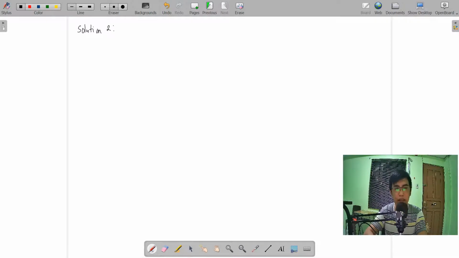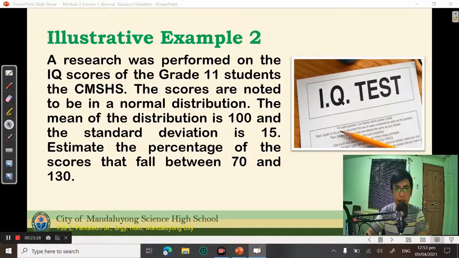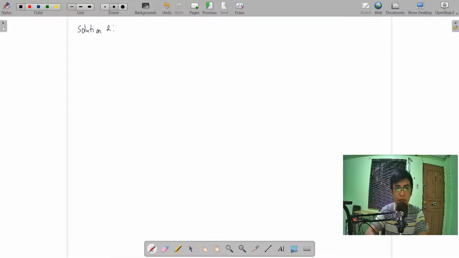Okay, so first things first, the mean is 100 and the standard deviation is 15. So let's look at 1 standard deviation from the mean, positive and negative, meaning left and right. How do we do that? Just add and subtract, right? So, left and right, 100 plus 15 is 115, and 100 minus 15 is 85. That's all there is to it. Then for 2 standard deviations,